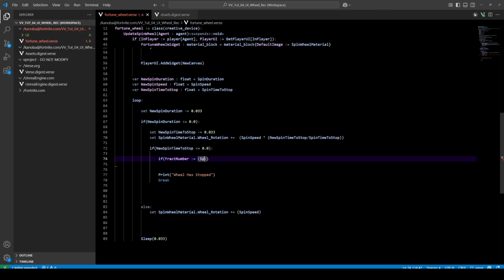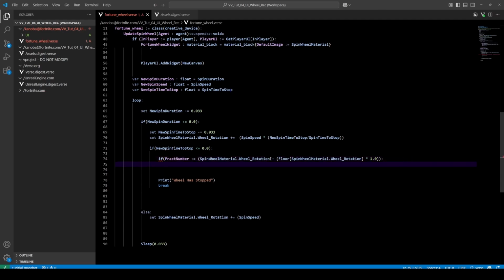Remember that our 0 to 1 is one full rotation, and we want to minus the floor of our spin wheel rotation times 1.0. So what we're doing here is getting just the fractional part of our